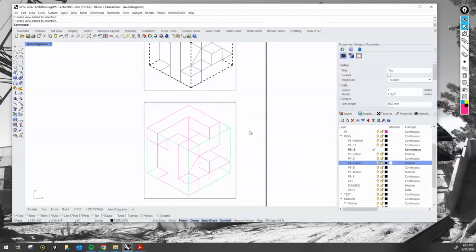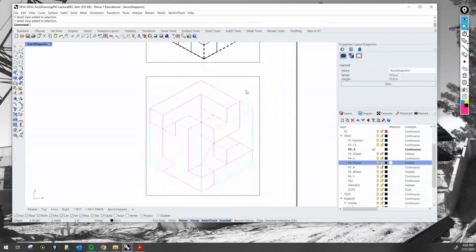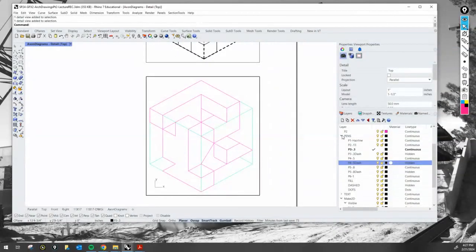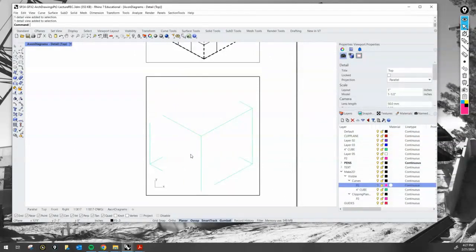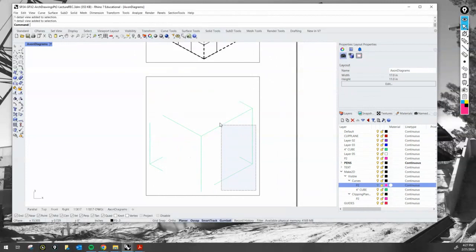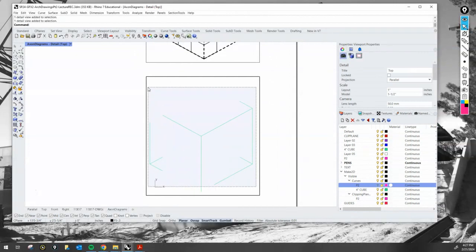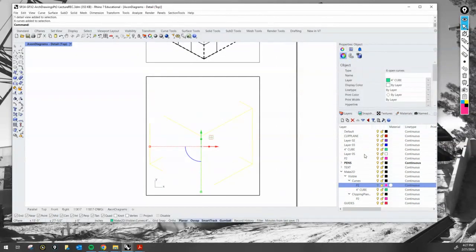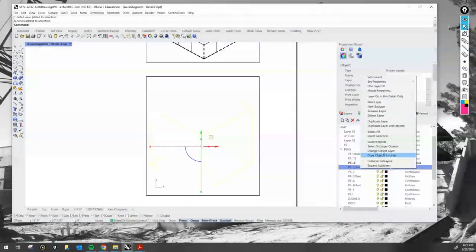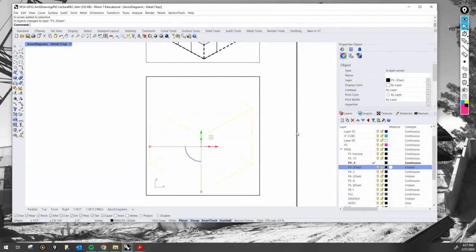So in this case, I don't want to double click on the viewport. I want to, on my make 2D, turn off my pink, select all of these lines over here, and select all of these lines over here, change the layer to the newly created 0.3 dash, change object layer,